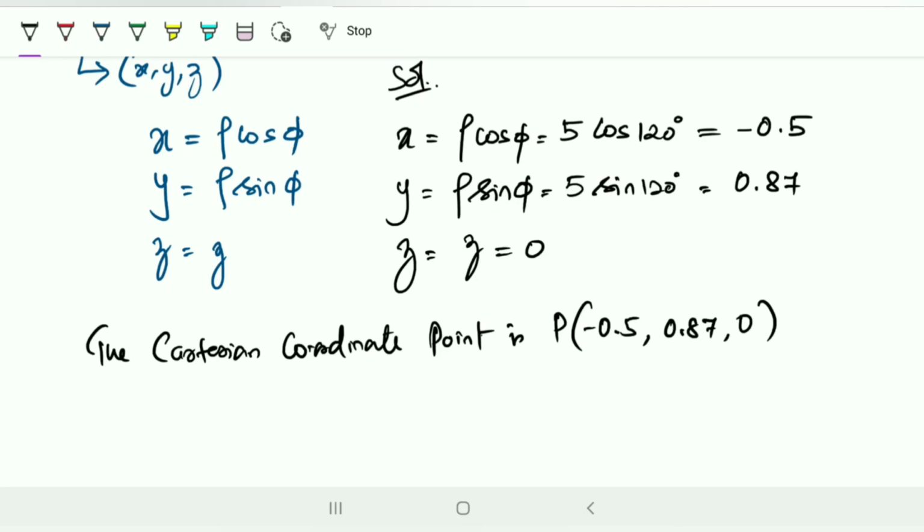So far we have seen all the 4 categories. We have seen 4 problems. In these 4 problems we transferred from one representation of the coordinate system to another coordinate system based upon the formulas we saw in the earlier classes. You can practice similar problems so that you can understand better. The main thing is you should be able to find what kind of coordinate system is given based upon the point values. Okay, so that's more important. And thank you, and in the next lectures we'll go for vector fields.